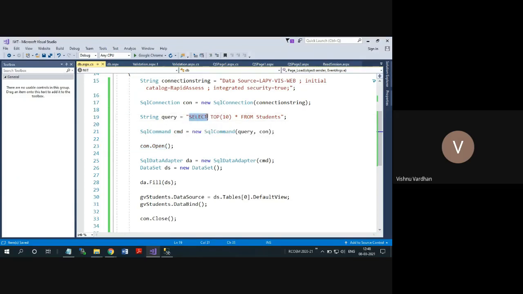But only for the select query you require the data adapter and the data set, because we want to store the data somewhere in some object. Otherwise, for normal updating, delete and insert operations, we do not require the adapter and data set. That means this much code is further reduced if you are not implementing select.